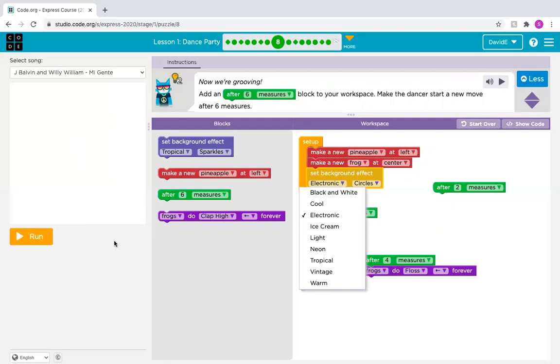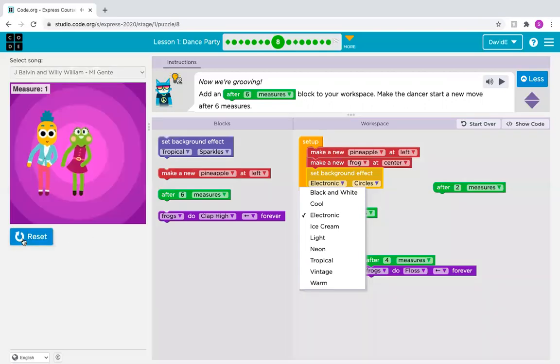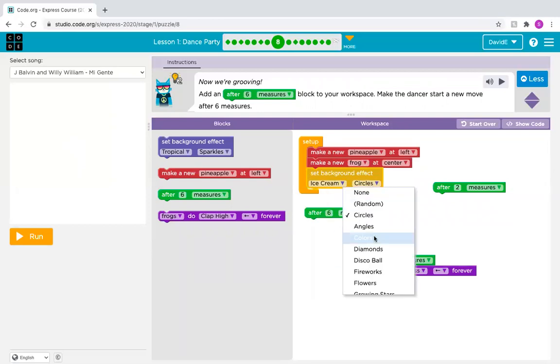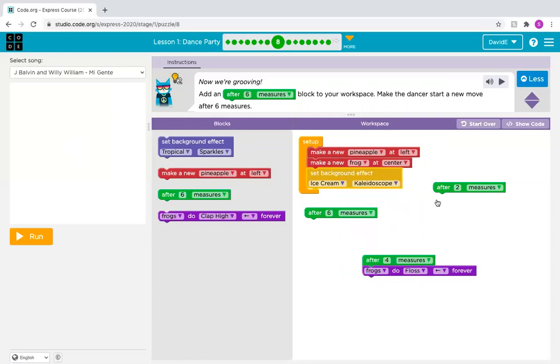So right now the background looks like this, and we can change it to, let's say, ice cream and kaleidoscope. And we can also do, after 6 measures, frogs do clap high forever,